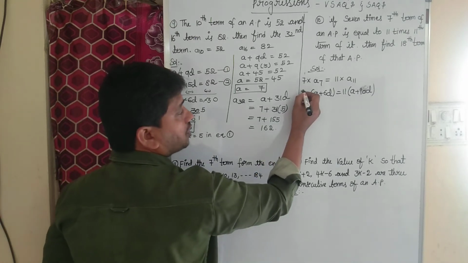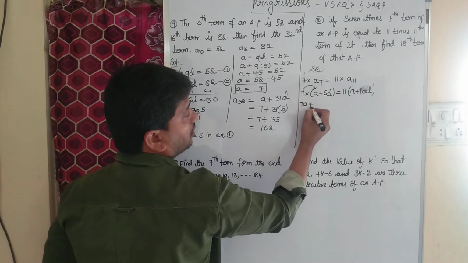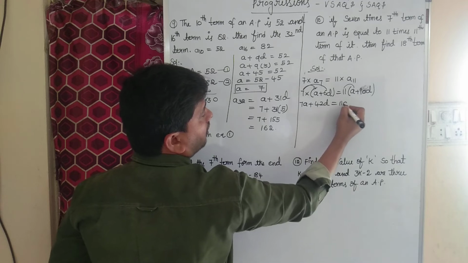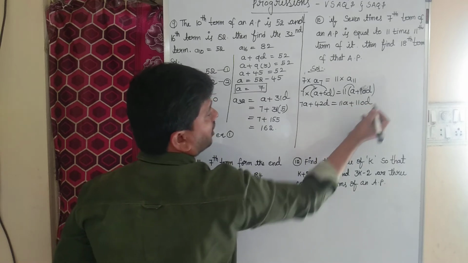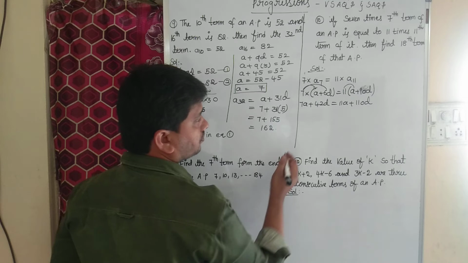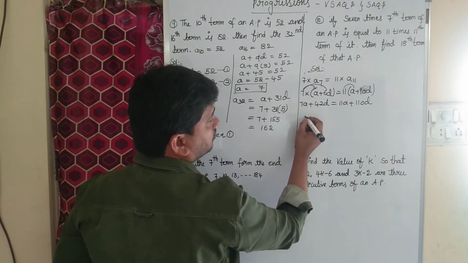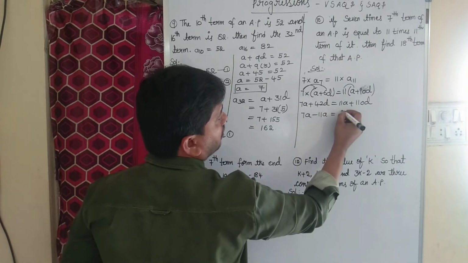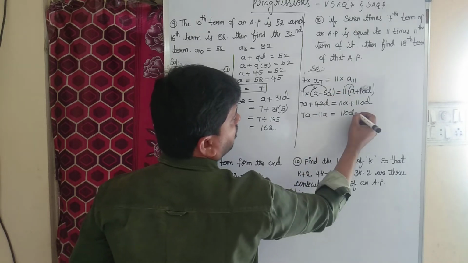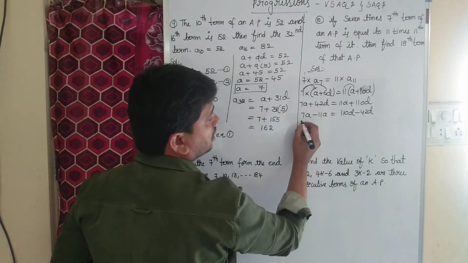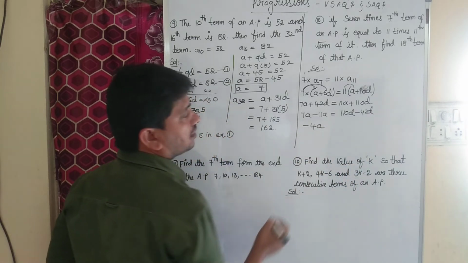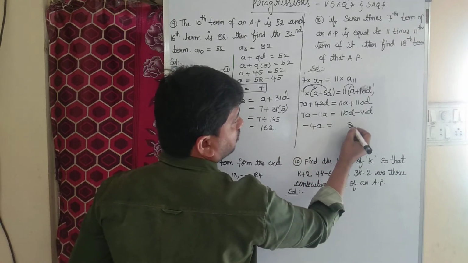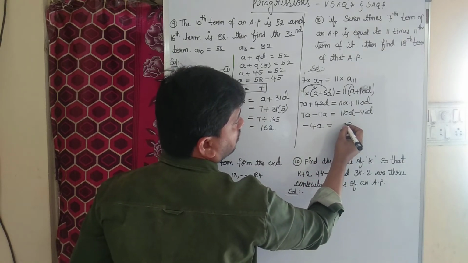So let us apply the distributive property. 7A plus 7 sixes are 42D equals 11A plus 11 tens are 110D. Transpose. What will we do? 7A plus 11A, transpose minus 11A; 110D plus 42D, transpose minus 42D. 7A minus 11A is equal to minus 4A equals